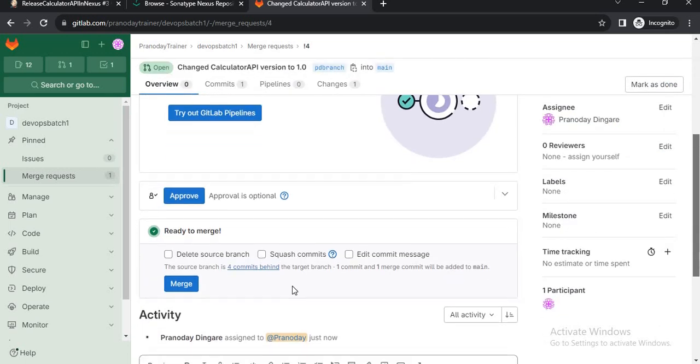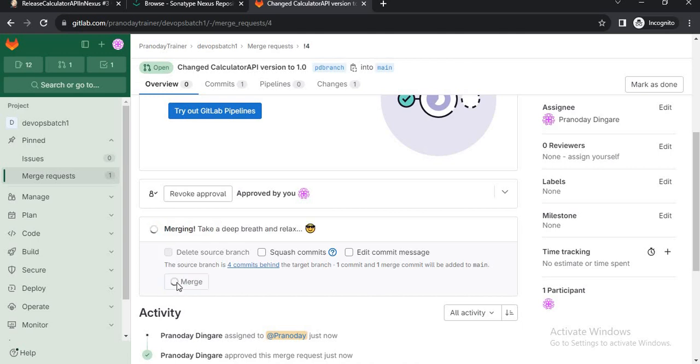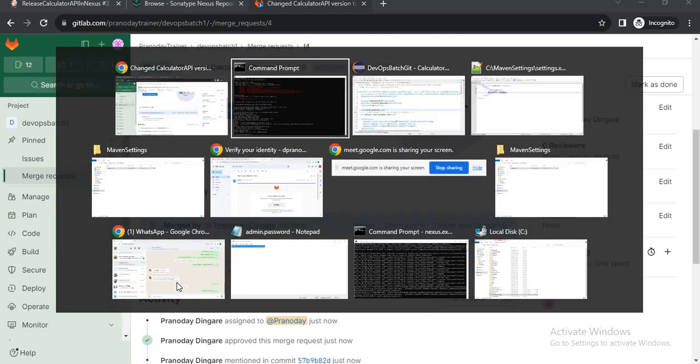Let's approve the change. Let's merge. And now let's build the job again.